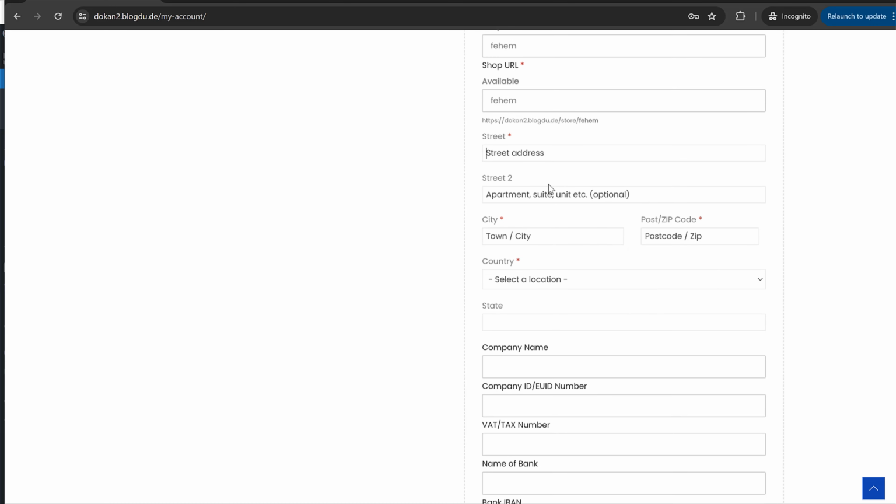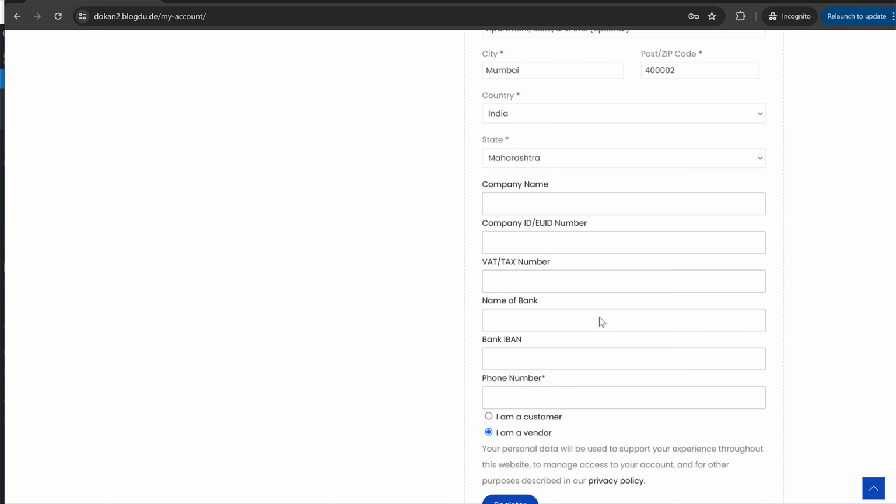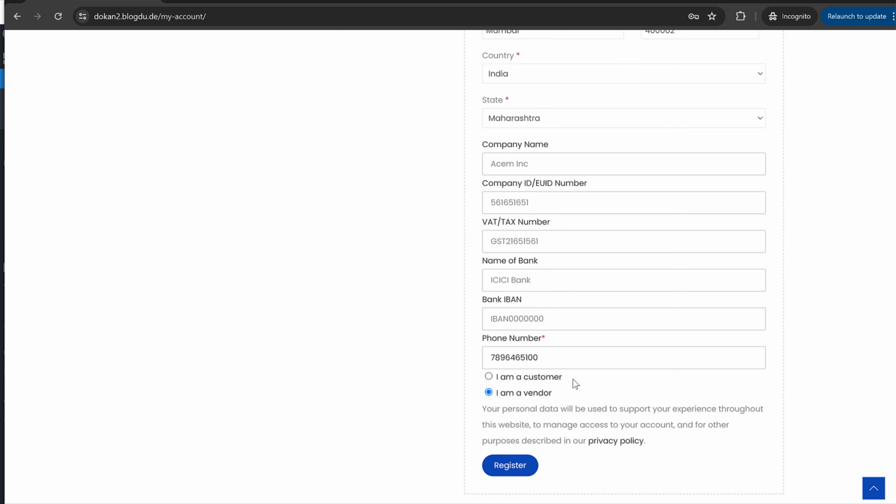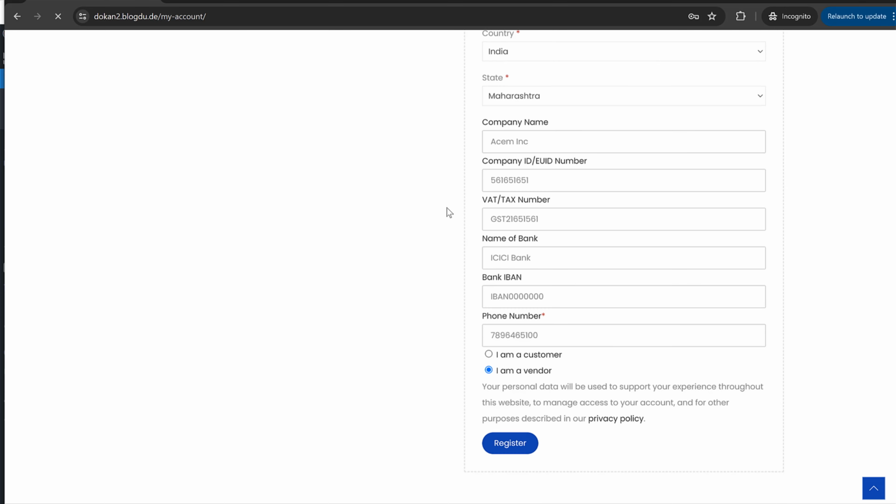Then this seller can enter their address. After that, they can enter their company details: their company number, VAT number, GST number, whatever it is, name of bank, IBAN number. They can enter all these details. Then obviously they can enter their phone number, which is compulsory. Once they do all these things, they can simply click on register, and their account will be